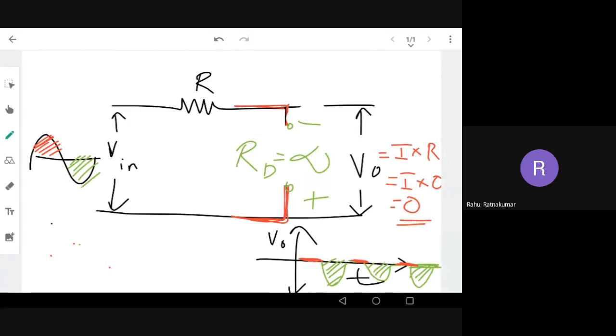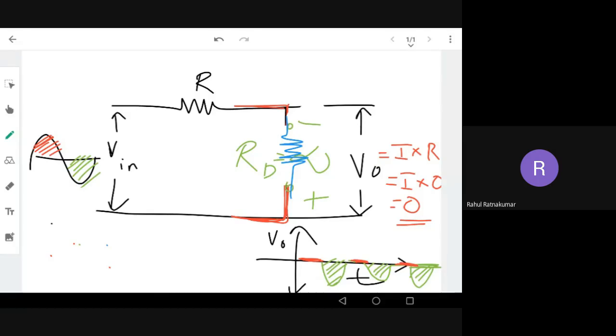When it comes to a practical or real diode, we know that every device has some resistance, right? Here we assume that an ideal diode doesn't have any resistance. True, but a real diode has some resistance. So when it has some resistance, it will have some voltage drop, right? I think we have not completed the modeling of the diode. At least we have discussed that we need to model the diode using one voltage source, which is 0.6 volt or 0.7 volt, and a resistance is also required because every device has a resistance, right?